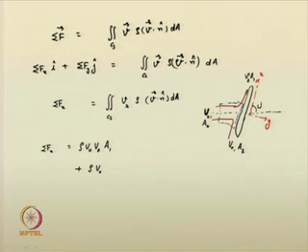Say if this angle is theta, then we can suggest the flux at this surface of that control volume,